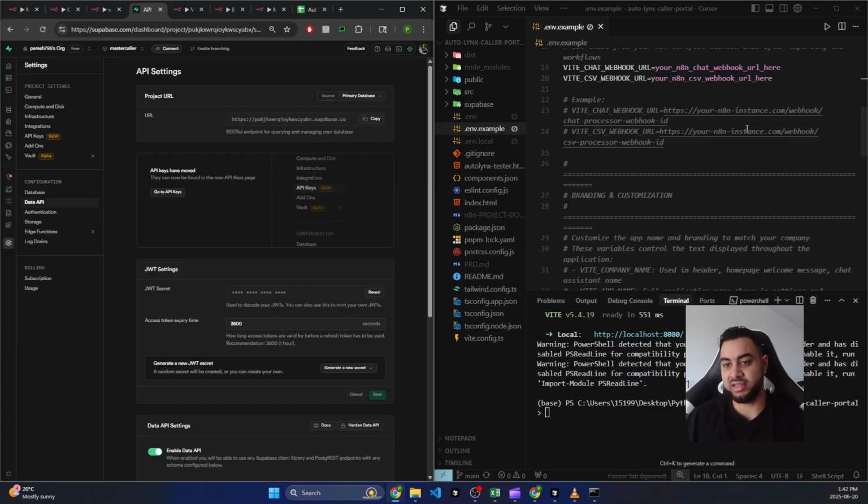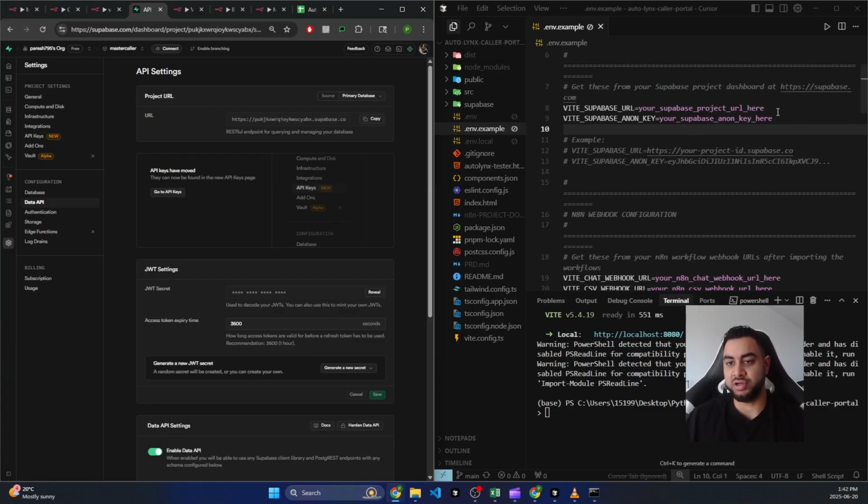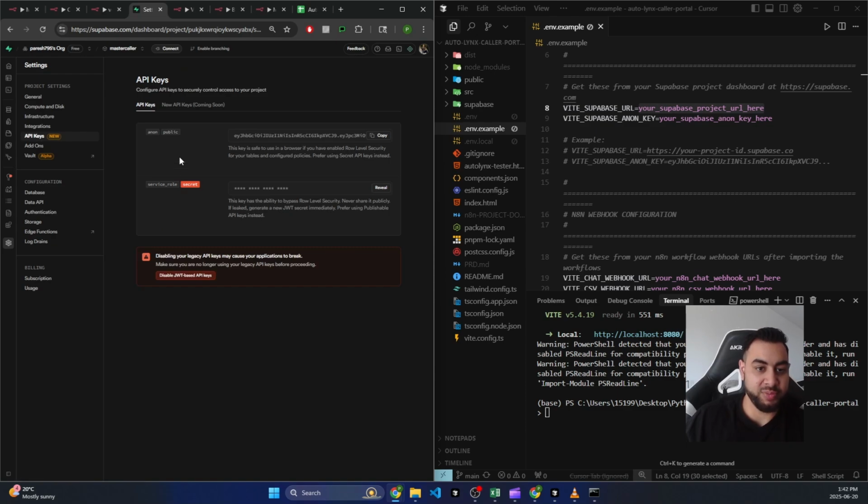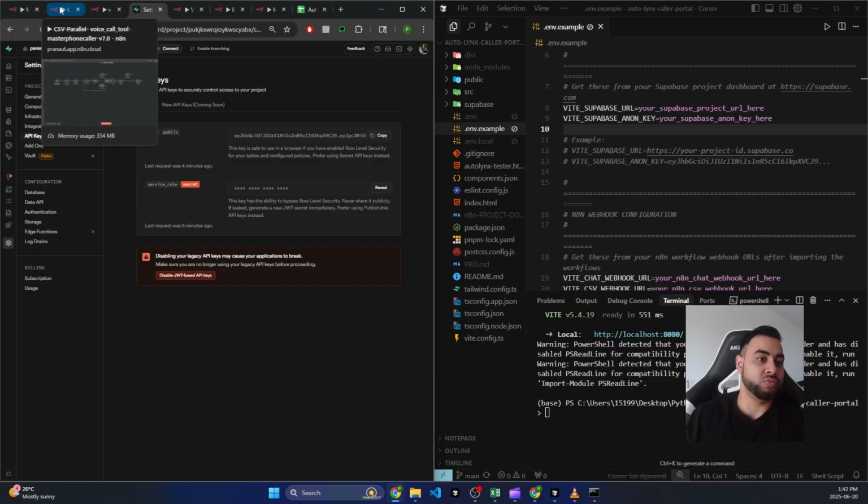So this URL is what you will enter in your URL right here, and then to view your API keys, you can just go to your API keys, and this will be your API keys. So this API key is what you will add here, the anonymous key, and this service role secret, you will also need to set the Supabase up in your n8n. So these workflows,